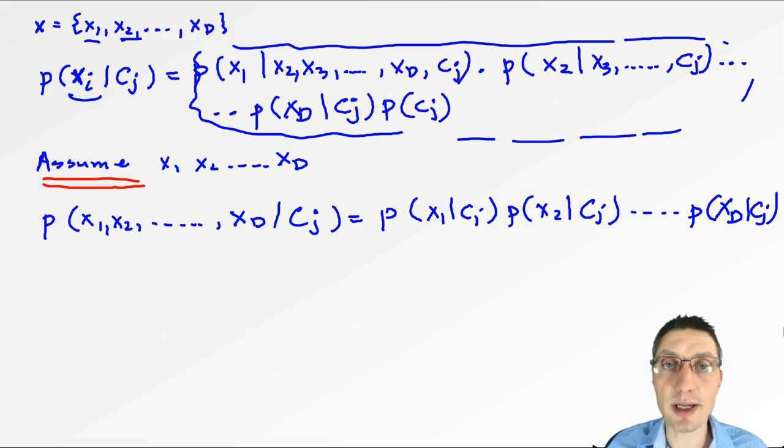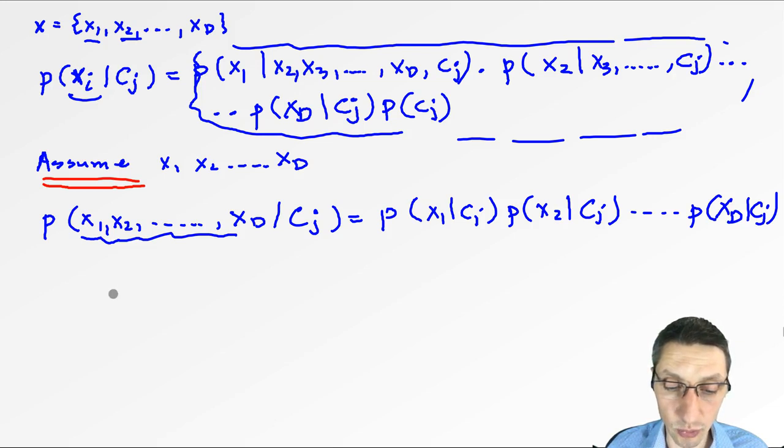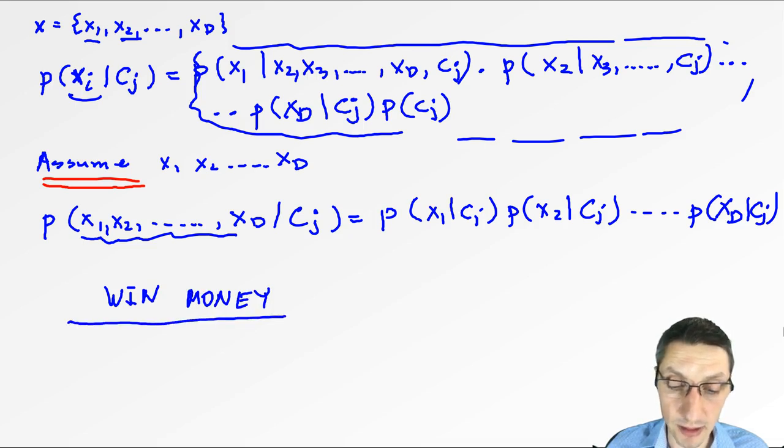Now, if you're doing something like text classification and your features here are actually words, for example, you are writing a spam ham classifier, you want to detect spam email messages, right? And your features are words. If one of your words is, let's say, win, and another feature here is money, and that's one message, then